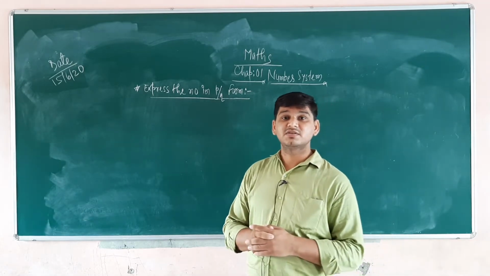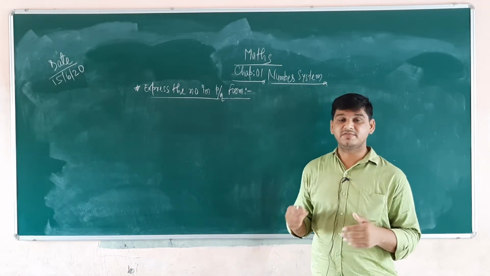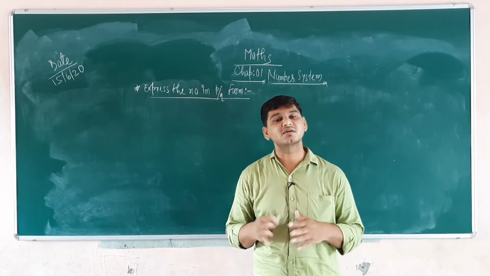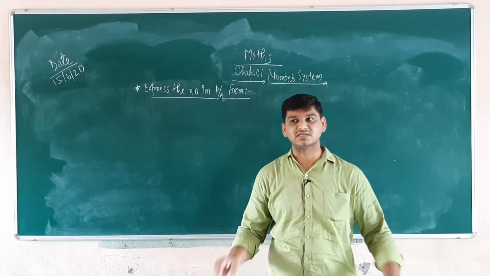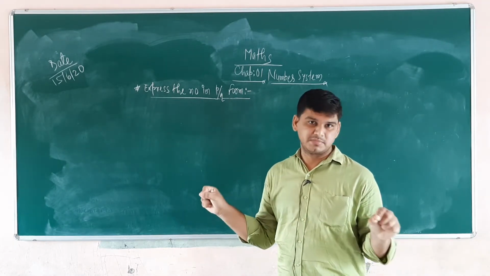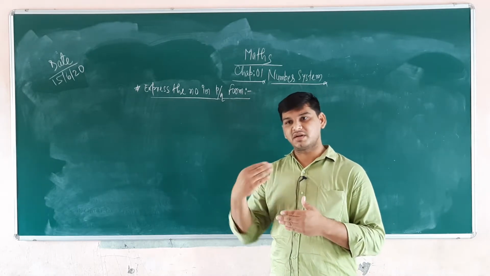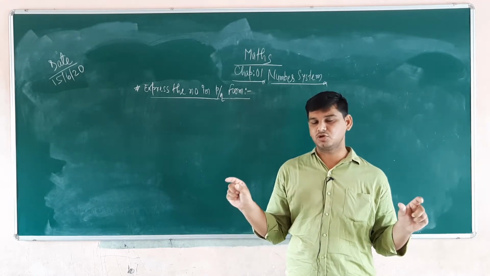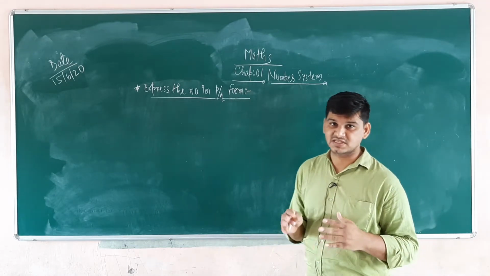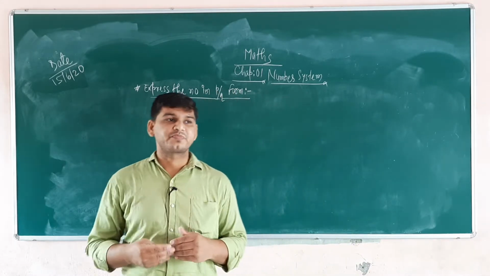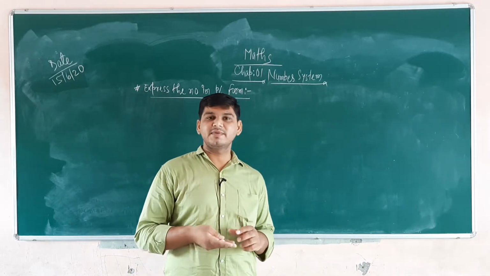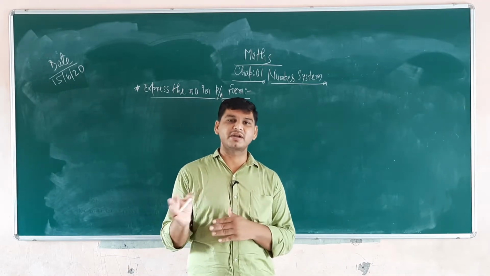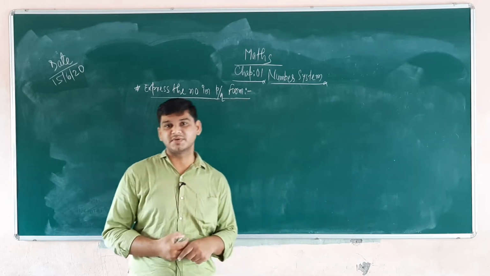In the previous class, we discussed the number system: natural numbers, whole numbers, the set of integers, real numbers, rational numbers, irrational numbers, complex numbers, etc. We also discussed how these numbers are represented on the number line, what a real number, a rational number and an irrational number are, and how each can be represented on the number line. We also discussed decimal numbers: terminating, non-terminating, recurring and non-recurring.